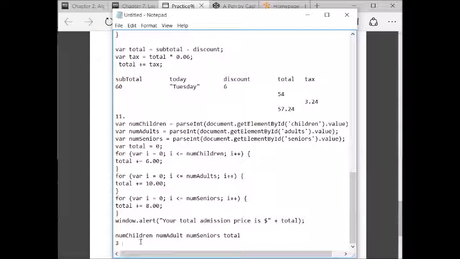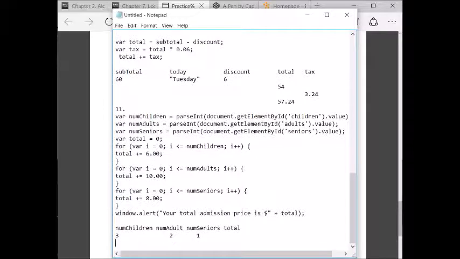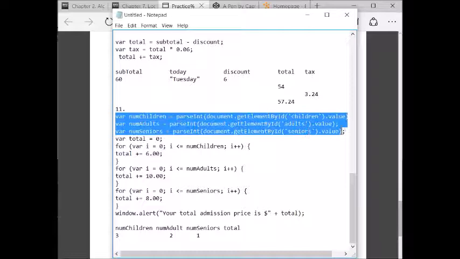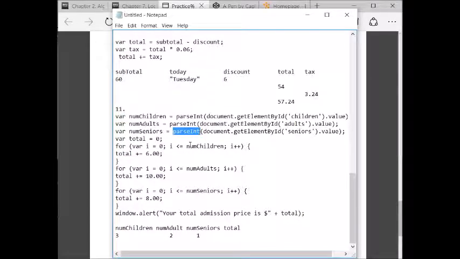Okay, so the problem is that there were 3 children, 2 adults, and 1 senior. We got those values from the text boxes and made them be numbers. And then we're going to loop through each of these, looping the number of times that each is set to, to calculate how much the